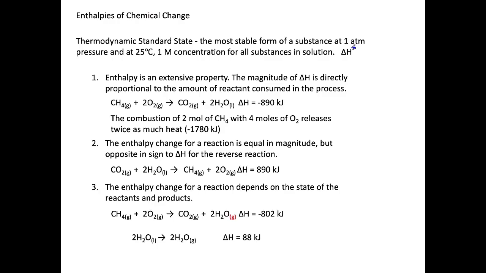Whenever you see a variable such as delta H, delta S, delta G, and it has the little degree symbol up here in the superscript, that means that you're dealing with standard state conditions, meaning your pressure is 1 atmosphere, your temperature is 25 degrees C, and all the solutions were 1 molar. That just allows us the ability to compare data,